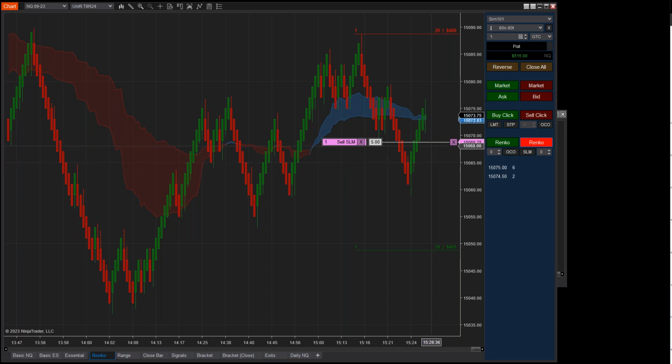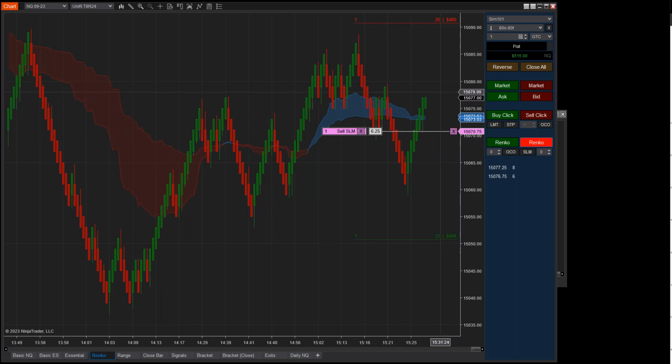This order is also going to trail. So if we do get a bar up here, you're going to see this order continue to trail to stay in sync, there you go. So we got that bar to close. Now here's the new place where if we get a red bar, we're going to be filled on this trade with literally no slippage. One of the things I hear about all the time with Renko is it moves too fast, I can't get into the trade. I get in when the bar closes and I have slippage.